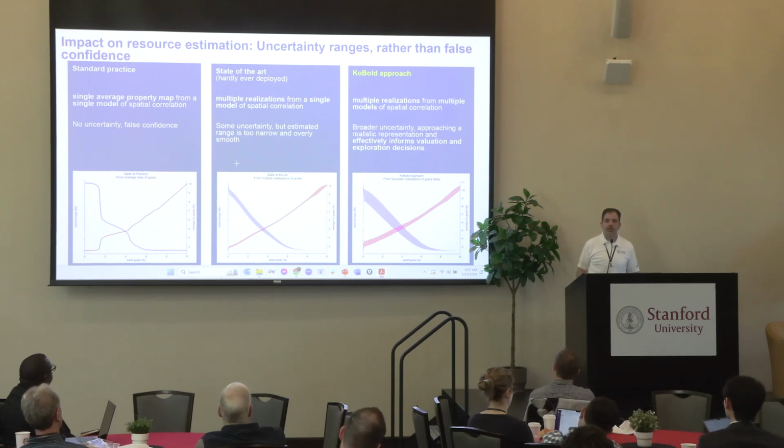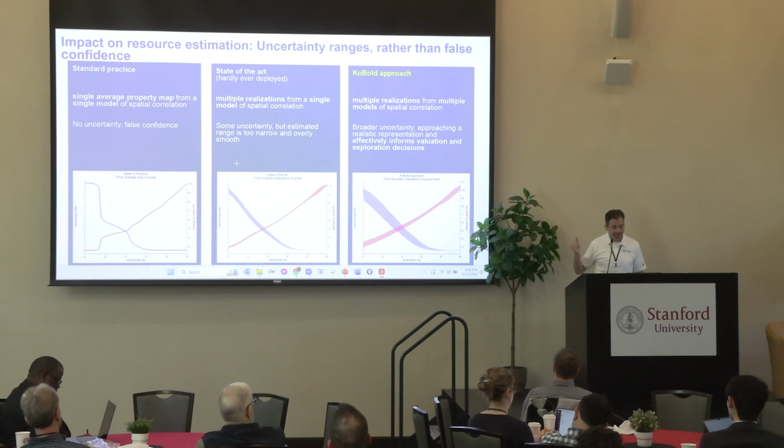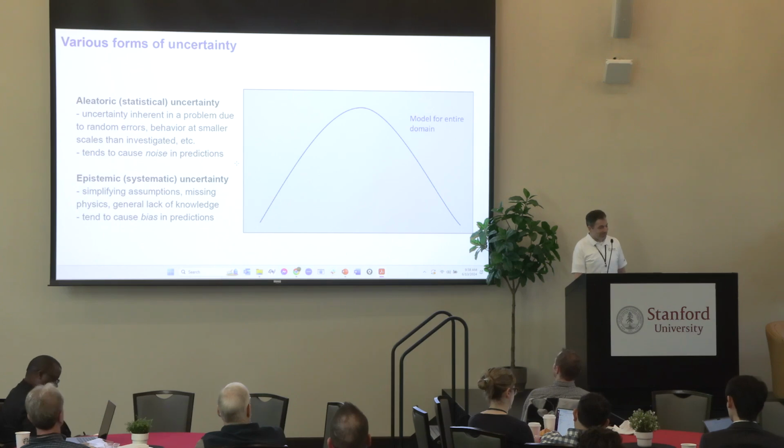There's no recognition of uncertainty at all, but every executive would know that as soon as they start mining, they're going to end up seeing different numbers than were represented in that early investment stage grade tonnage curve, right? And so our grade tonnage curves have these wide uncertainty bands, right? And it's important to recognize all of these sources of uncertainty and to make all your decisions in light of honest representations of your uncertainty. So, as I was saying, that's only one kind of uncertainty.